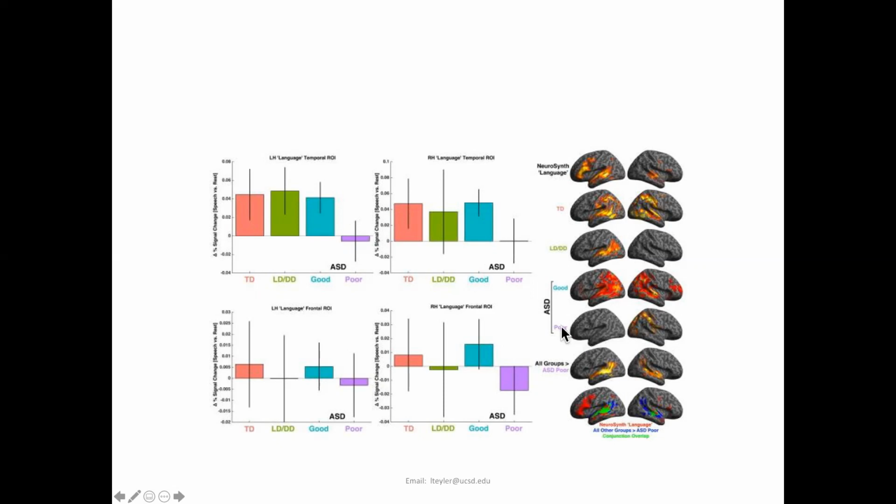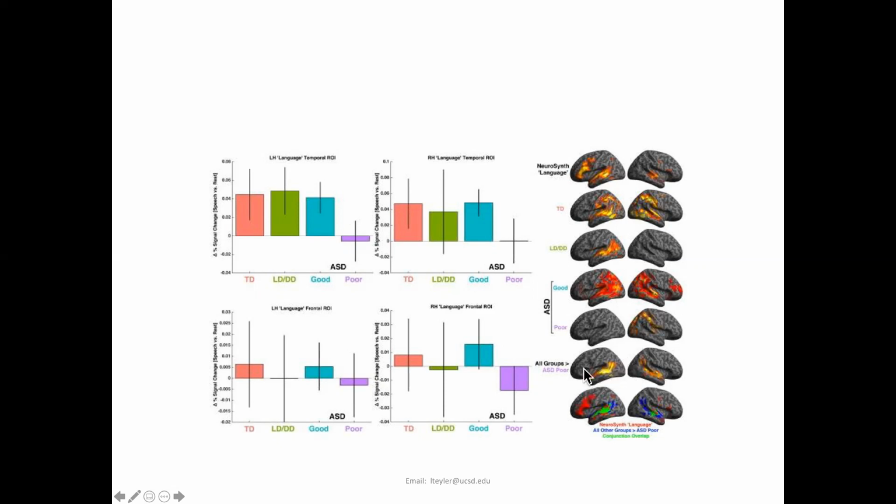And so you can see that, for example, the ASD-poor language kids just really don't have a lot of activation in the sort of canonical language areas. This is all during sleep. Let me do the scans here at the center. And then this is the contrast of all groups versus ASD-poor, and so you can see the ASD-poor have a lot less